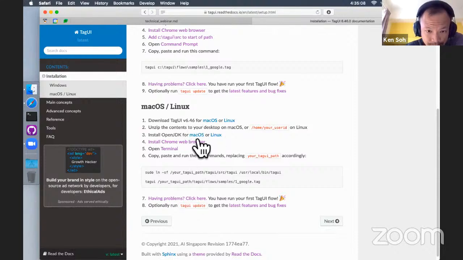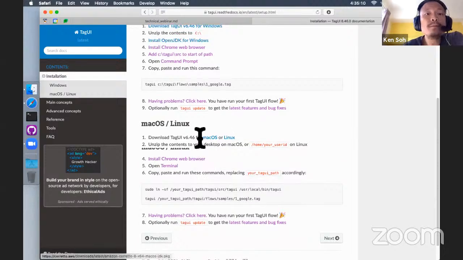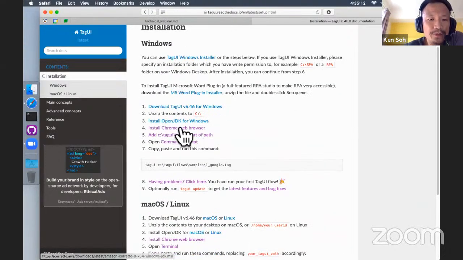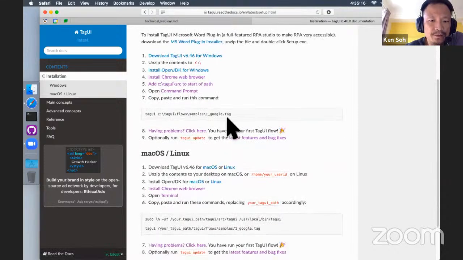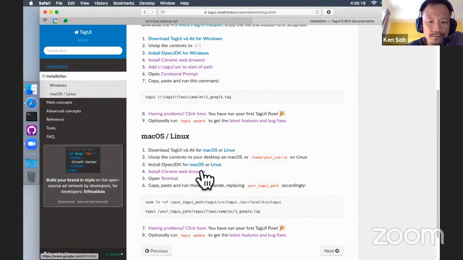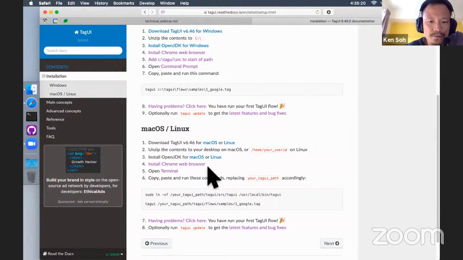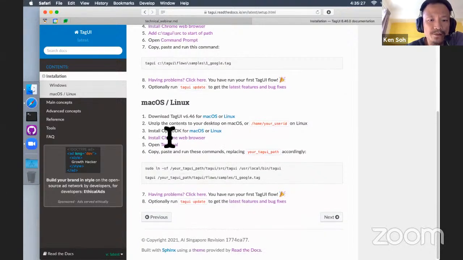And for both, you will need to have Java enabled. So you can install OpenJDK here, or for Java, JDK for Mac OS, you can install here. Linux, you can install here. Why we need Java is because